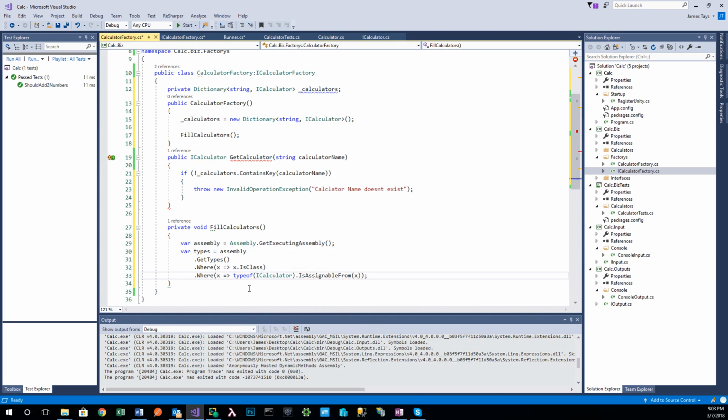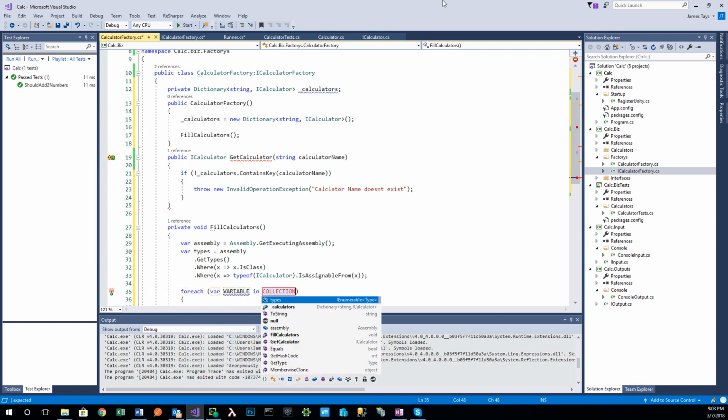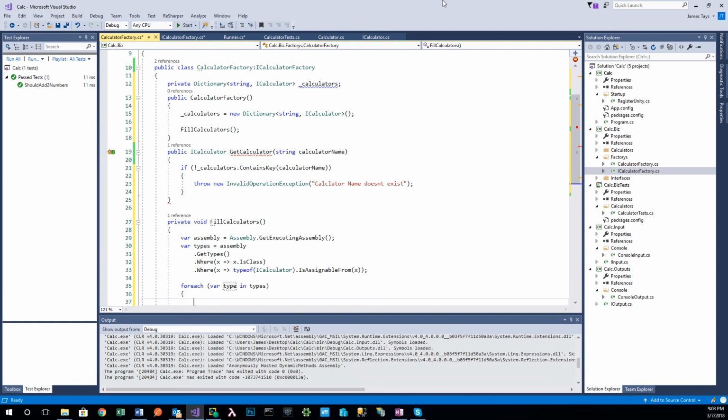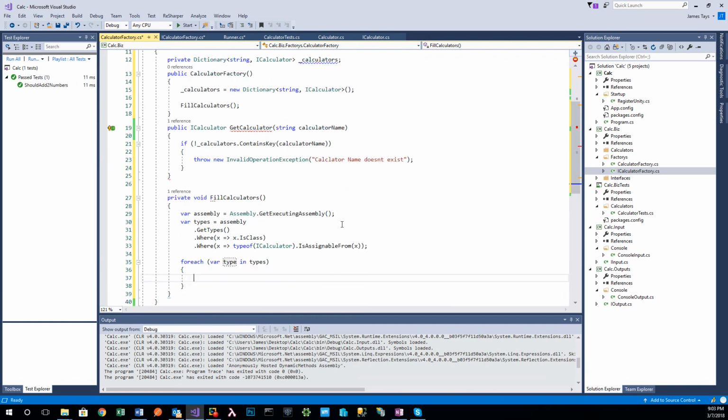So that will get all of the classes that are assignable from ICalculator, or that are calculators. Alright, so now we want to say foreach type in types, we want to say calculators.Add, and the key is going to be type.Name,